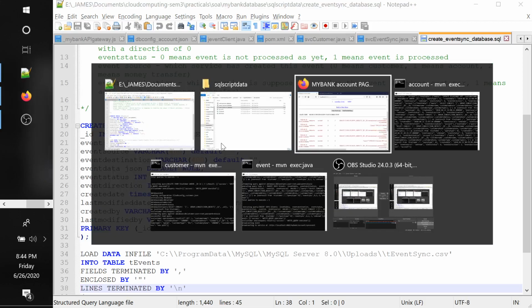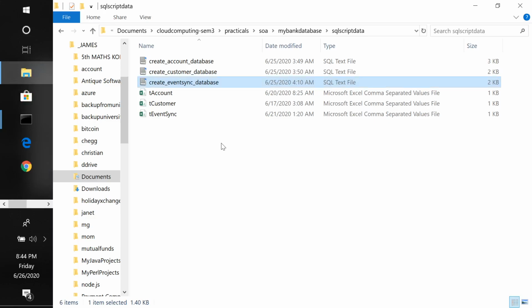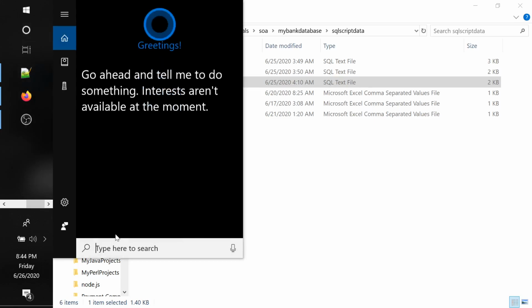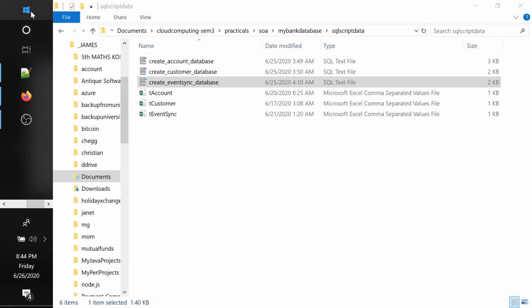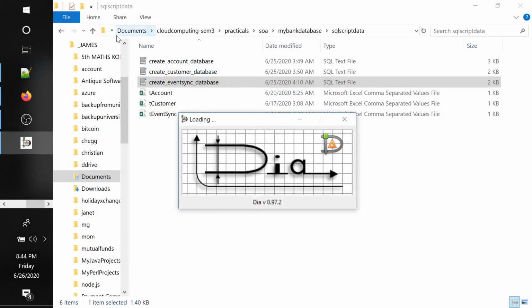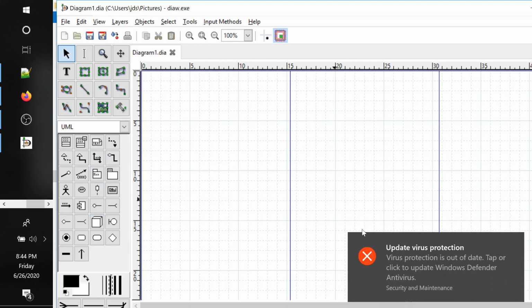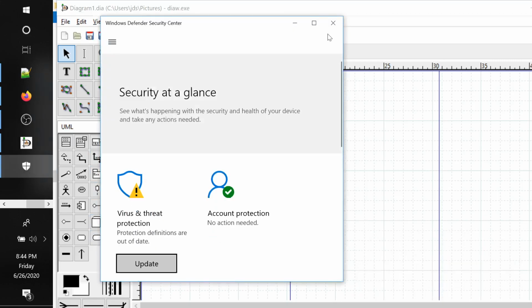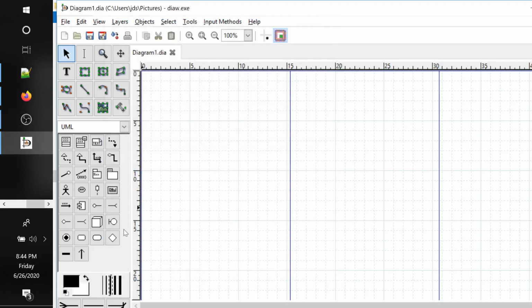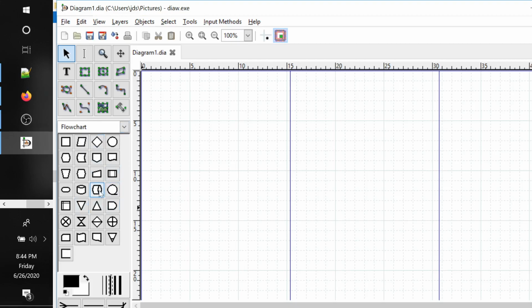Can I draw the database diagram in this? I don't know. Usually we use UML, but the database object is there. Let's see, flowchart. Okay, so let me use this database object.